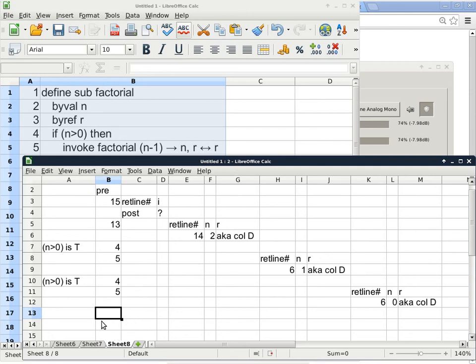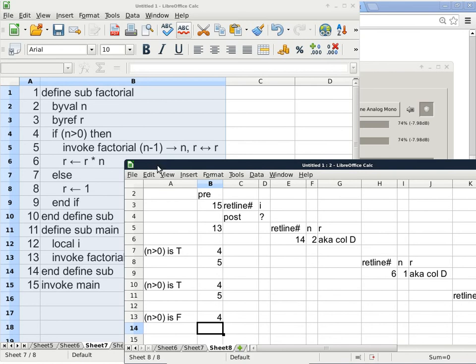So once again, we get to line 4. Line 4 is still looking for the same thing: N is greater than 0. But this N is referring to column L because we look up the definition from right to left. So this is the first N that we encounter. It has a value of 0. 0 is greater than 0 is false. So we don't go for the true or the then branch anymore. We go to the else branch. The else branch is on line